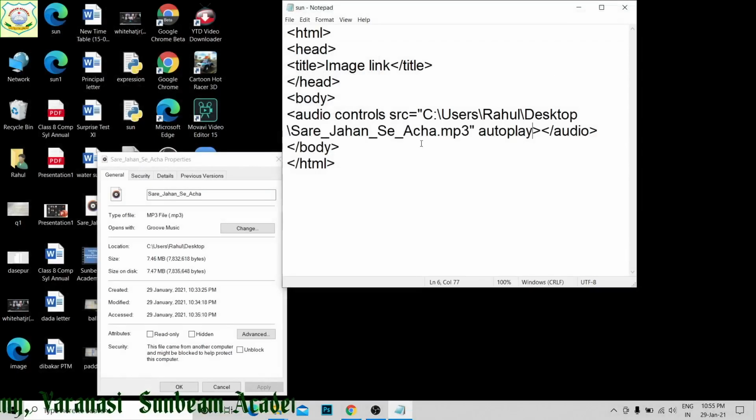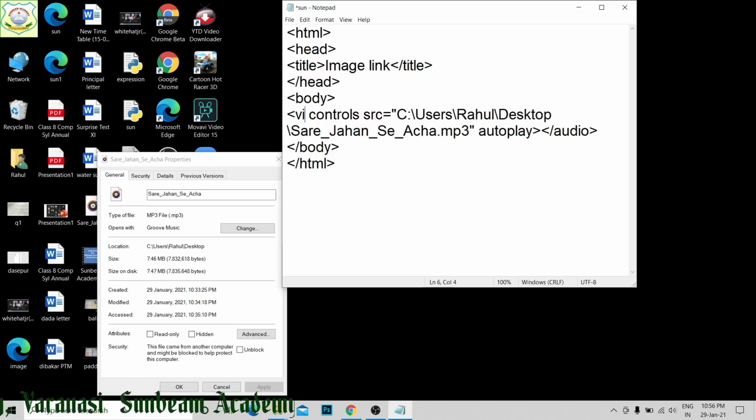Next, we will see how to insert video files. For the video tag, we have SRC, which again specifies the URL. Controls displays the controls on the web page. Autoplay again automatically plays the file. Then height and width display the height as well as width of the video player, in your size. So I am going to use video controls equal to the video file I have put over here.